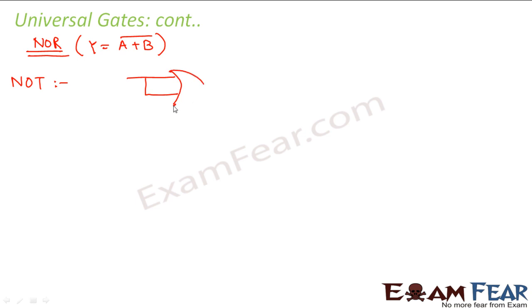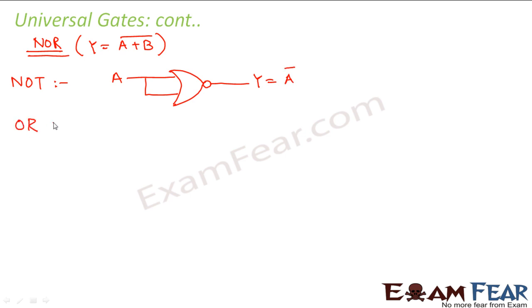Similarly, let us look at the NOR gates. What is a NOR gate? It is Y is equal to (A plus B) bar. So here also let us see how it acts as a NOT gate. For the NOT gate, the same funda. Instead of 2 inputs, if you make only 1 input pass through it, what will be your output? It would be A bar. That is a NOT gate.